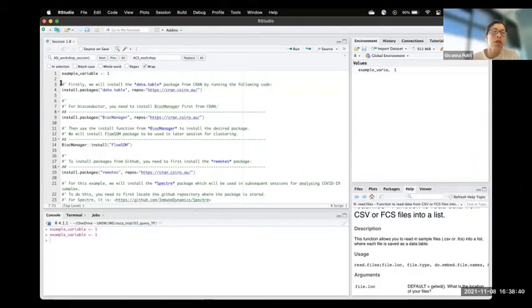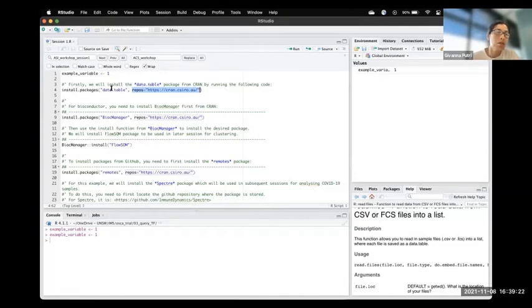So the next thing I'm going to go through is installing packages. As I said before, there are 3 different ways of installing packages: from CRAN, from Bioconductor, or from GitHub. This is what I would call the syntax. To install packages from CRAN, you use a command called install.packages, which should come with your base R installation. Within it, you pass the package name as a parameter. Sometimes, funnily enough, you need to tell the install.packages function what repository to look at